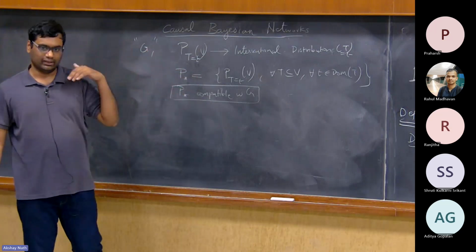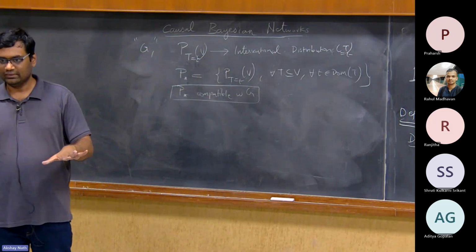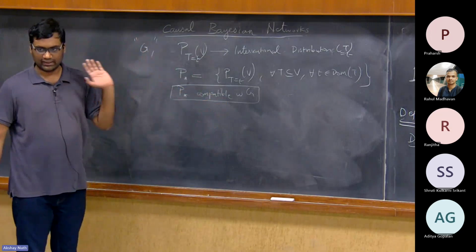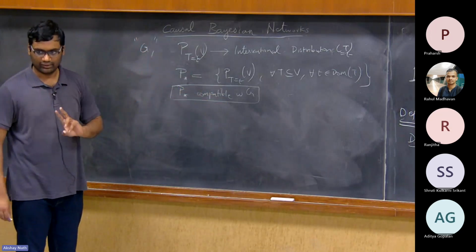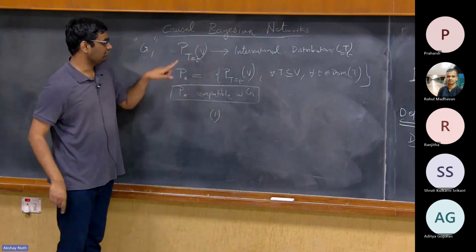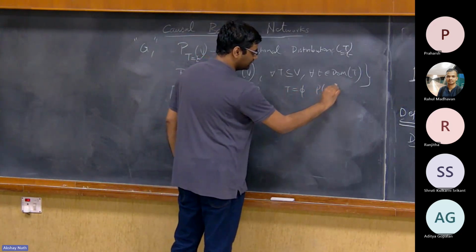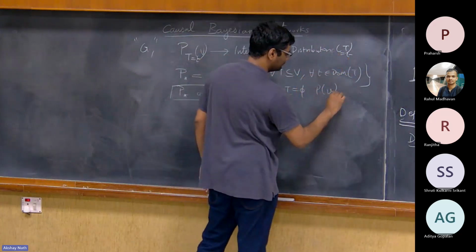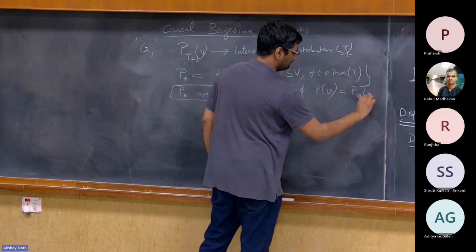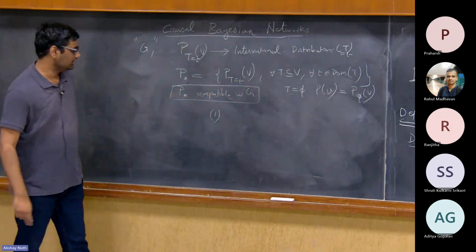So this already points to my earlier comment. It's very difficult to separate the notion of intervention and causality. This is one way of doing it, and there are equivalent ways, but this is the cleanest way that I know, and this is the usual definition adopted. Now, the first criterion. By the way, it also includes the observational distribution. So when T is null, basically it's the observational distribution, so P of B is equal to P null. When you don't intervene, it has a special status: observation.